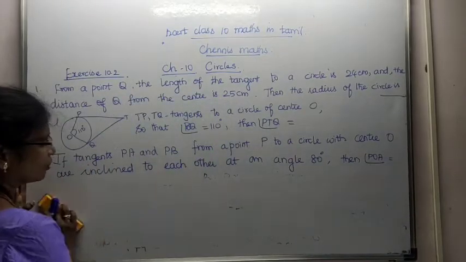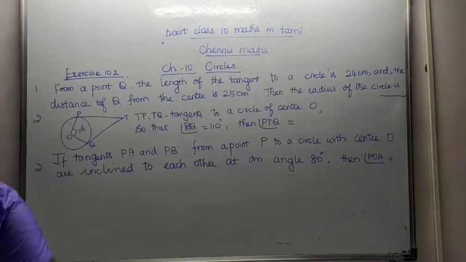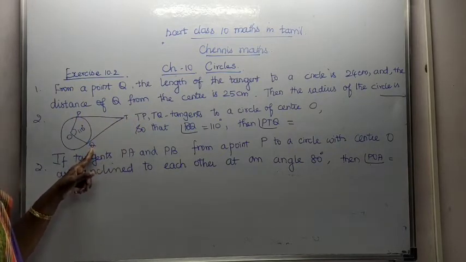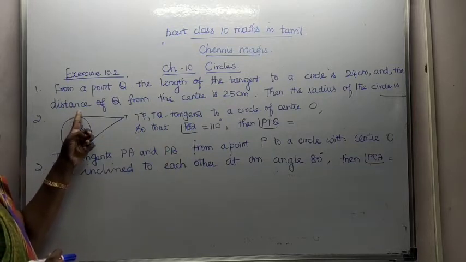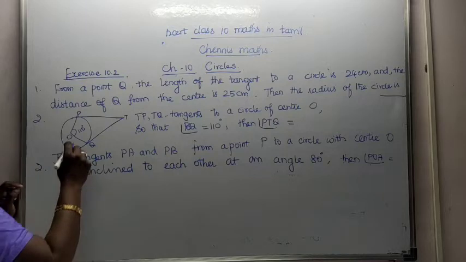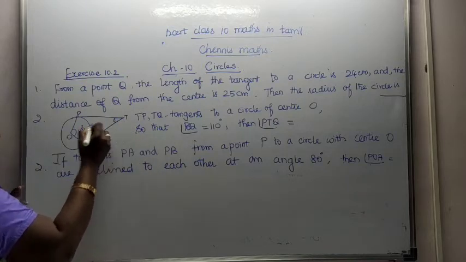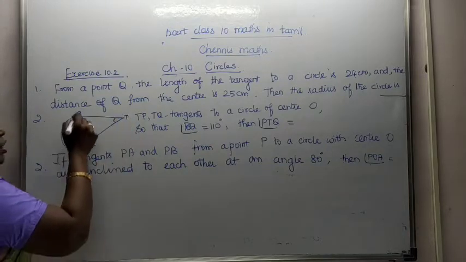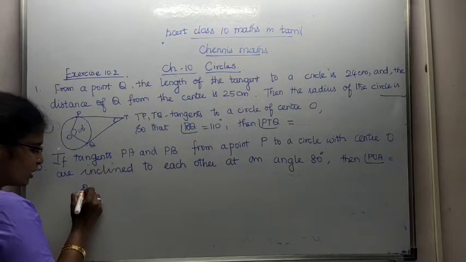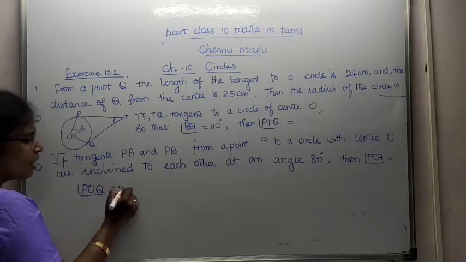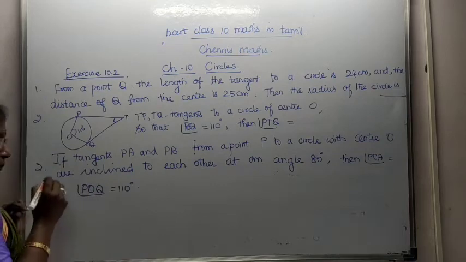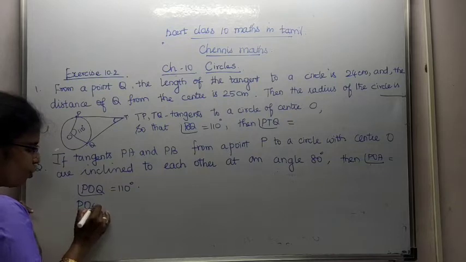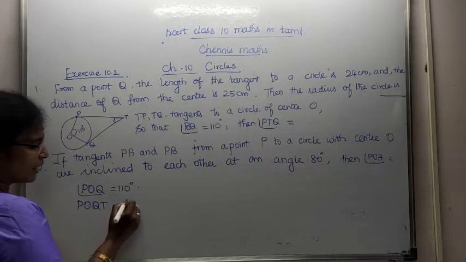Look carefully at what is given in this second question. PT and TQ are the tangents of the circle, and angle POQ is equal to 110 degrees. We have to find the value of angle PTQ. PT and TQ are tangents. POQ is given as 110 degrees. Understood? Since POQT is a quadrilateral,